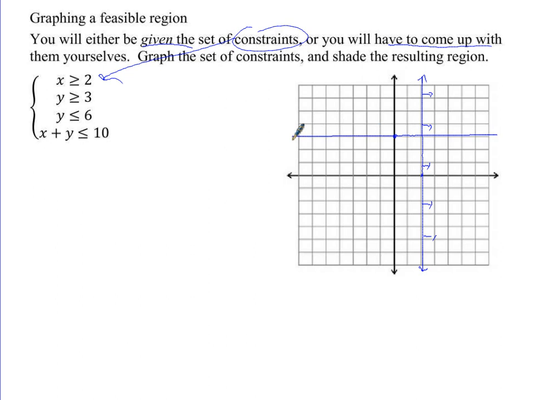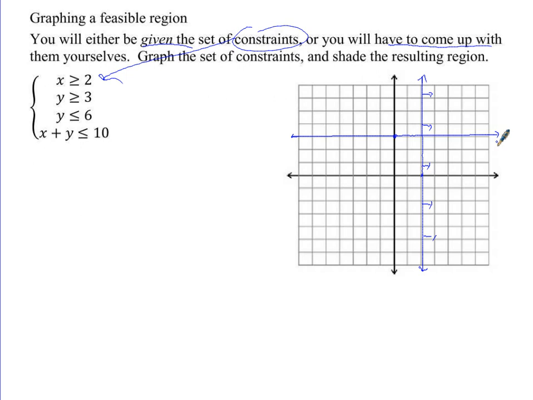Now your graphing needs to be perfect. It's pretty hard for me to draw a nice straight line on the board, but you get the idea. The reason you need to be perfect is because now we are going to have to start picking out intersection points. There's going to be times where you can't do it on the graph, so you'll have to do it algebraically. But it's really nice if you draw nice, good graphs so that you can pick out the intersection points